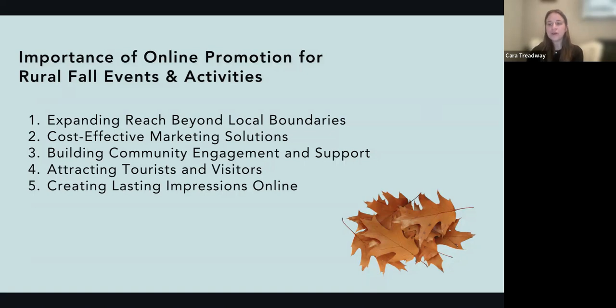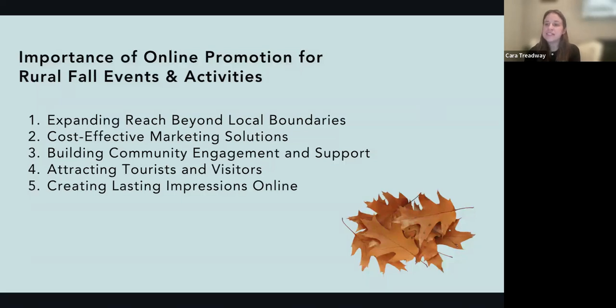Partnering with local businesses not only shares costs, but it also helps us broaden our reach. Encouraging community engagement on our digital platforms can also amplify our organic promotion, with locals sharing event details within their networks. Finally, highlighting local attractions and collaborating with our tourism boards can attract visitors.